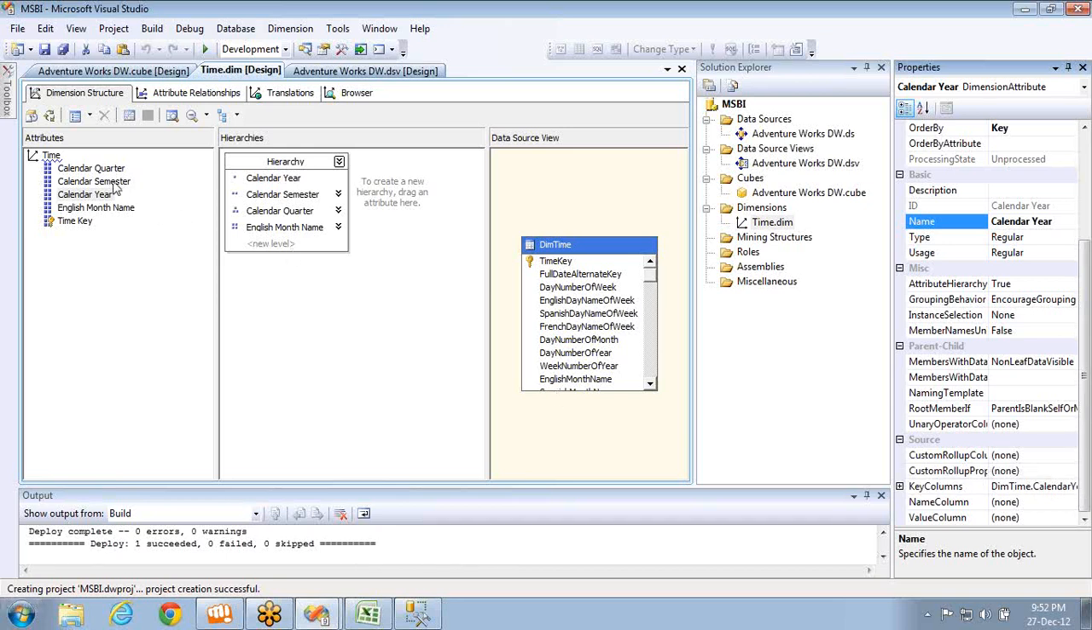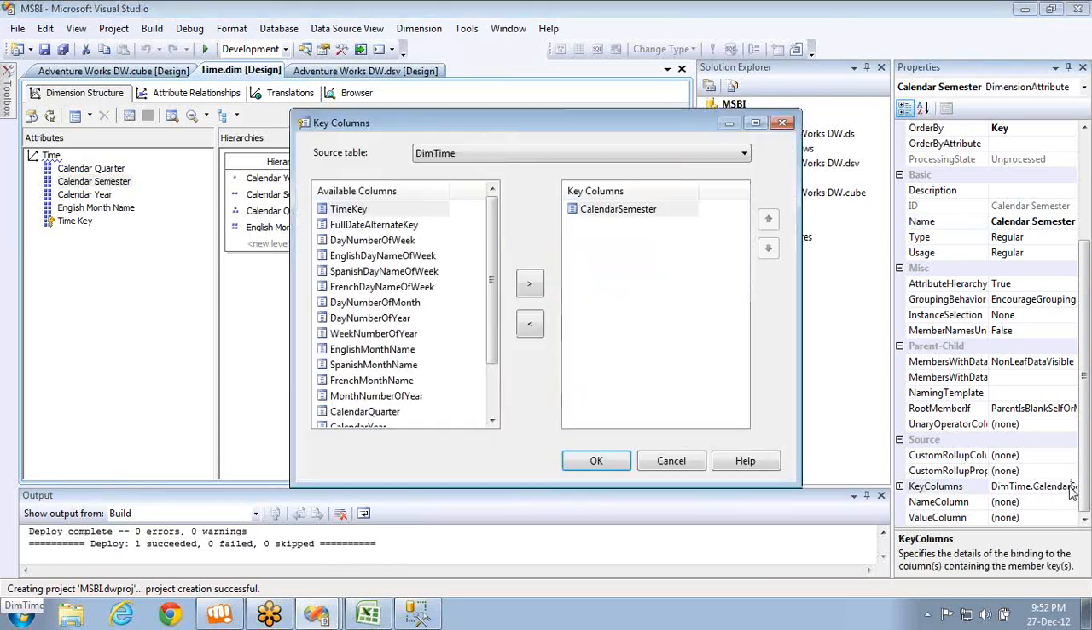So the next thing where the problem is coming is semester. Semester key column is calendar semester. So it will be 1, 2, 1, 2, 1, 2, 1, 2 for 4 years. So here we have to provide uniqueness. So for providing uniqueness, if I select calendar year,